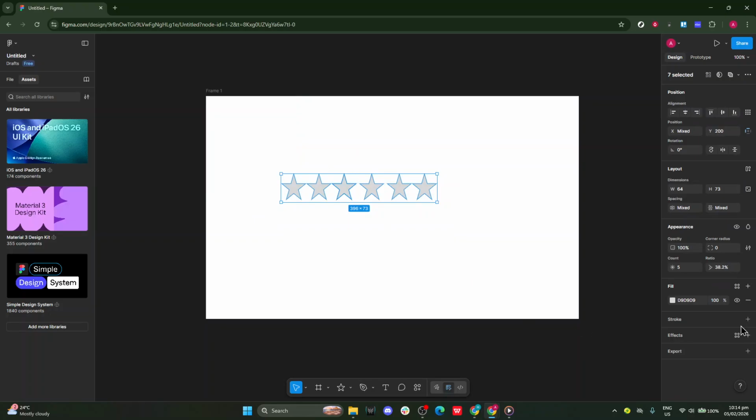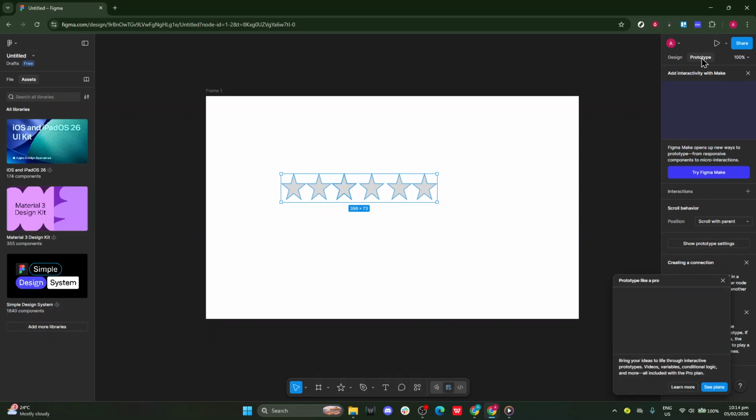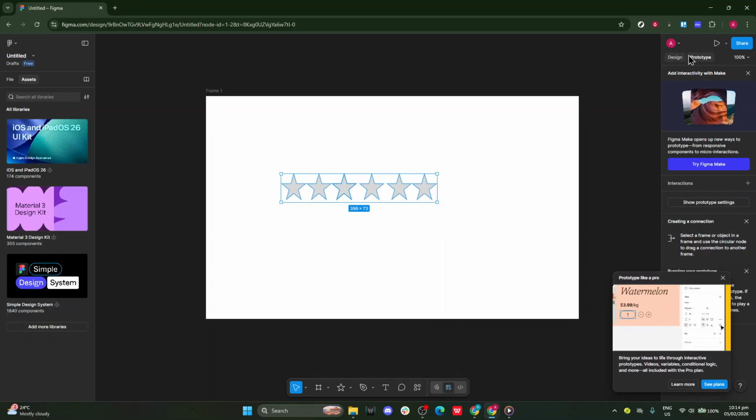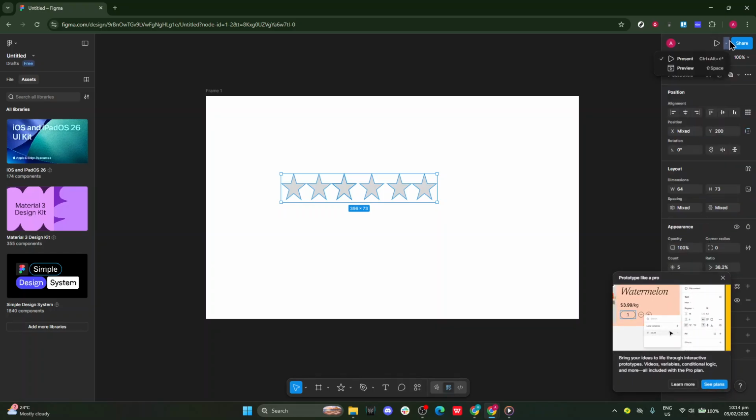Create a new frame to serve as your canvas. Open Assets, go to Local Assets, and drag your star rating component onto the frame. Finally, click Preview to test. Click each star in order to watch the rating animate from 1 to 5 with clean, consistent spacing and smooth transitions. That's your interactive star rating ready to drop into any